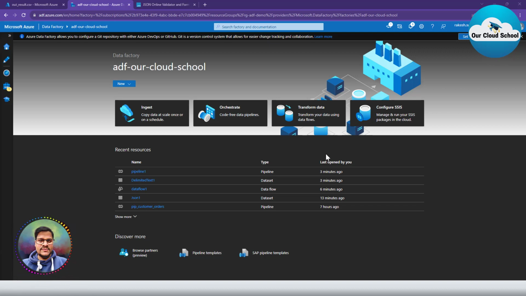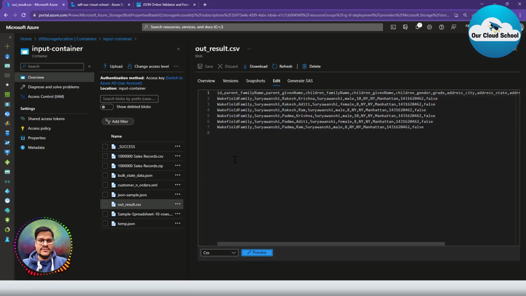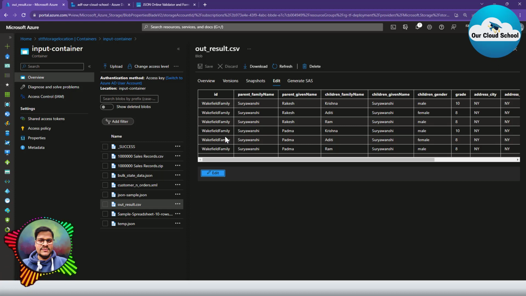So let me show you a CSV file which I have. So this is the CSV file. Let me just show you in edit mode. This CSV file contains information about the family, like parents' information and children's information. And this is how the data in CSV looks. So you can see that in this CSV we have two parents, Rakesh and Padma, and here we have